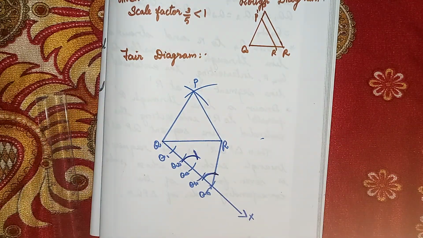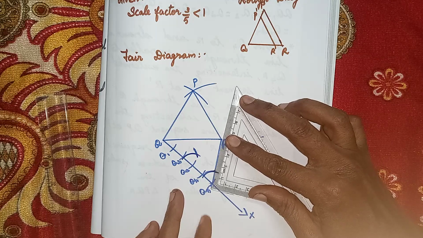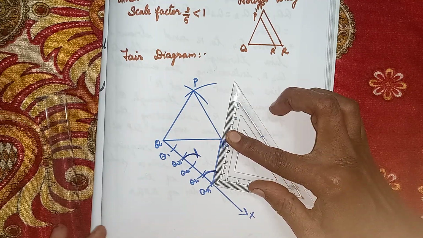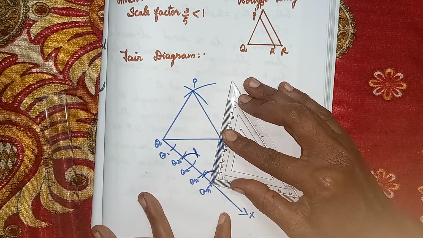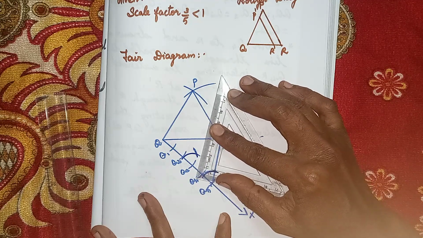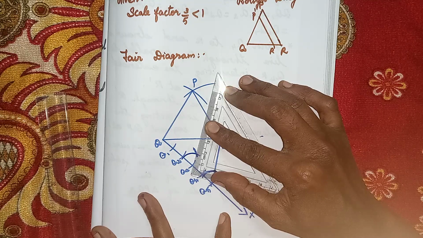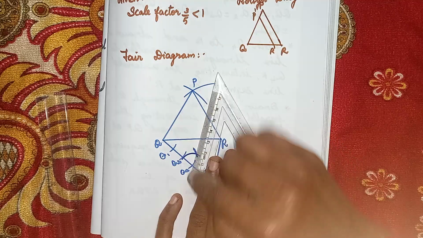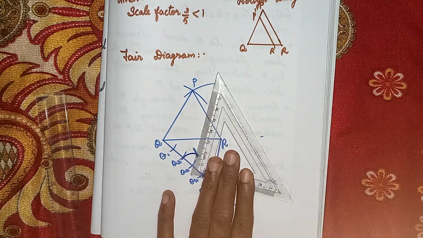Now students, you want to take the set square. Take the set square. It should join here. Keep it like this. It should touch here. Correctly, properly move here, still Q3. It should touch Q3 as well as this arc also.